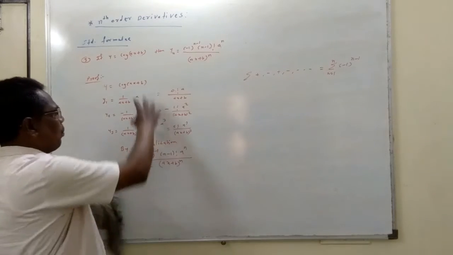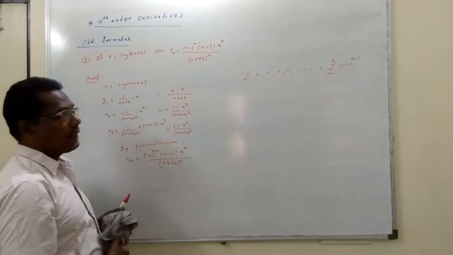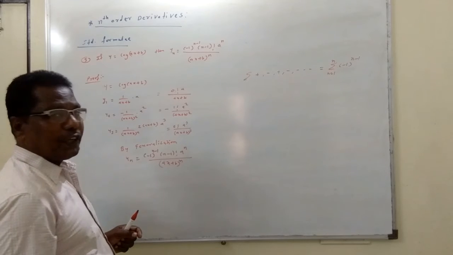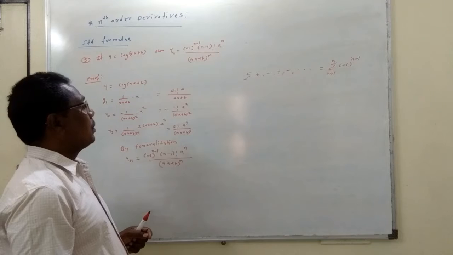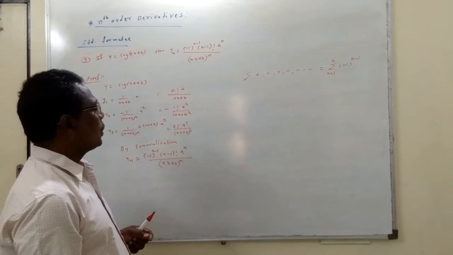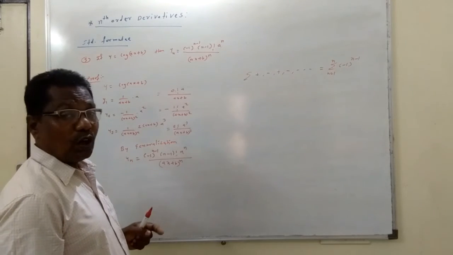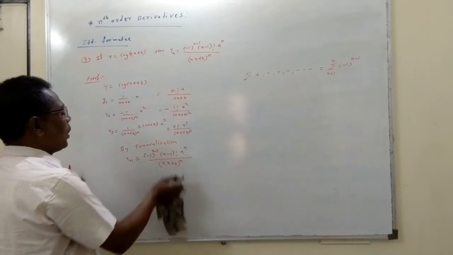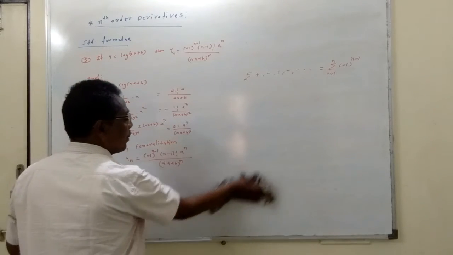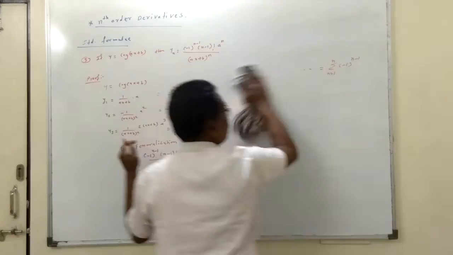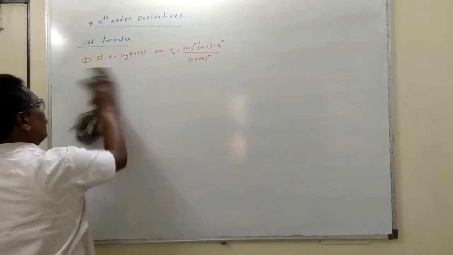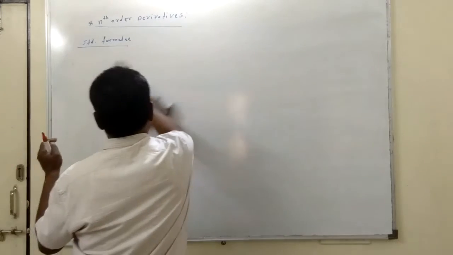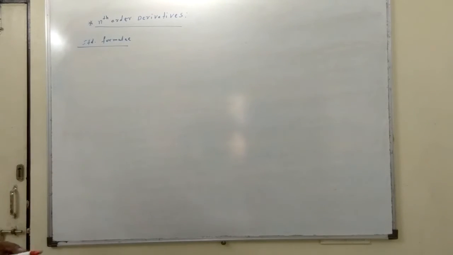Again I am telling, for boards you follow the example solving by this method, and for competitive exams like JEE, CAT, BEAT, any competitive objective questions you are solving, use the formula directly. So keep this formula in mind also, as we are keeping the derivative formulae in mind. Now next we will see